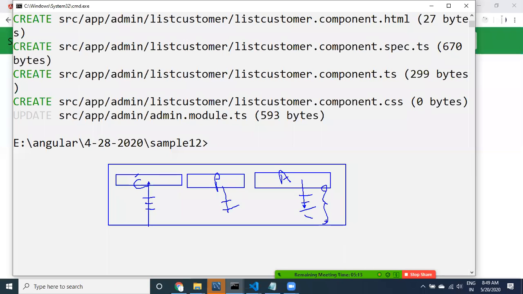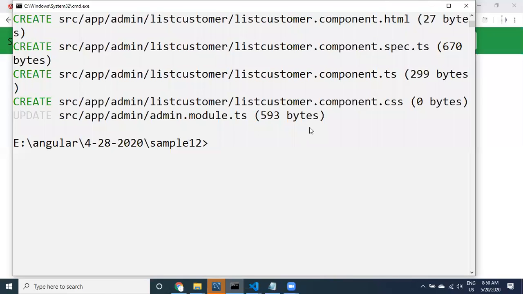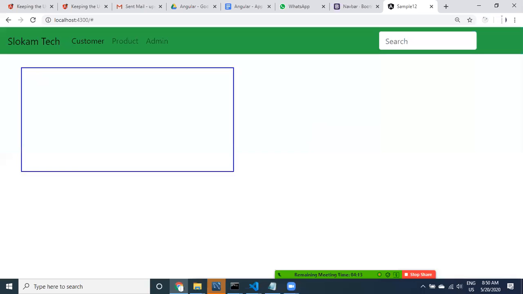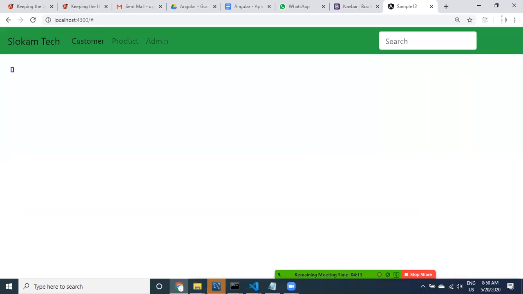Let us look at it, guys. Now, if I click on customer, what should happen? This is going to be the router outlet. I want to take it as a router outlet.